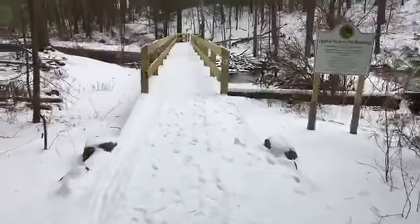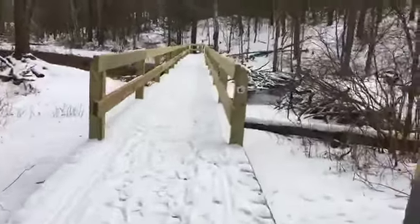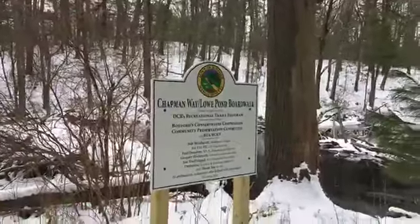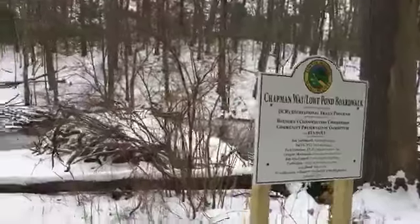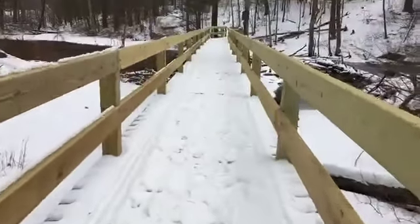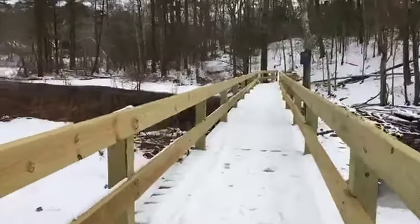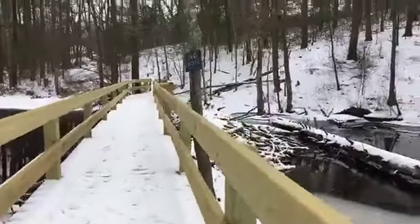So this is off Chapman Way. We parked on Chapman Way, and now we're coming across the boardwalk. This was a project that BTA Bolt of Boxford undertook fairly recently, and we're going to show you why. This is a brand new boardwalk. So what we have over here on the right,